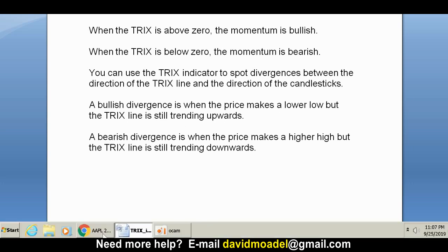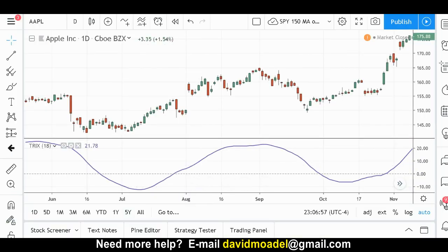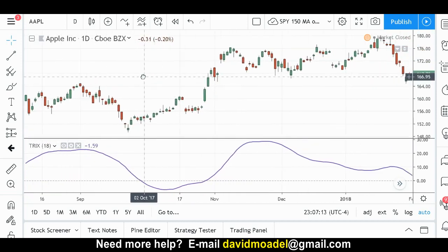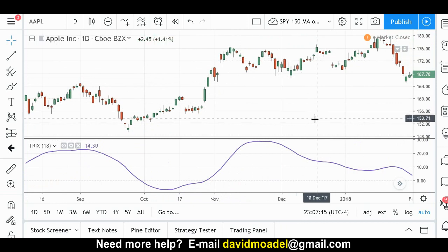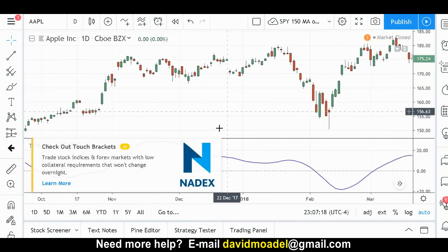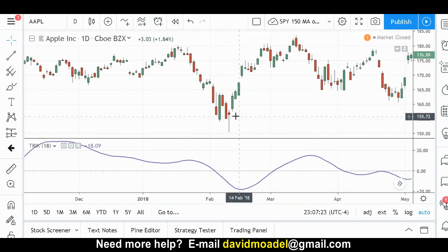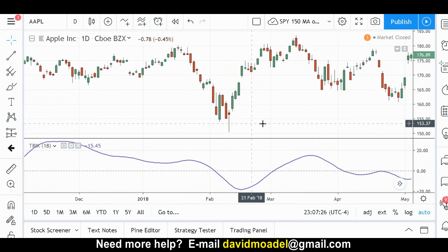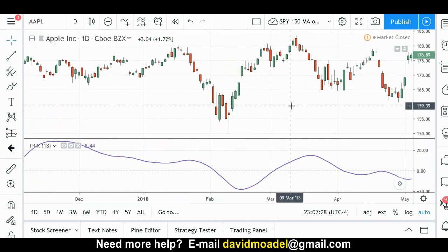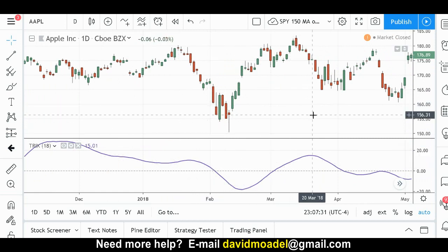All right, so let's take a look at TradingView, and let's see what that looks like. And this is Apple stock. It's a daily candlestick chart, but again, you could use this on pretty much any time frame. It still calculates it in the same way. All right, and as you can see, the TRIX line pretty much follows the price action. I don't see a lot of divergences in this particular example, but if you do see one, you can certainly use that, and you might feel that the TRIX line is telling the truth. Not necessarily. Again, none of these things work 100% of the time.